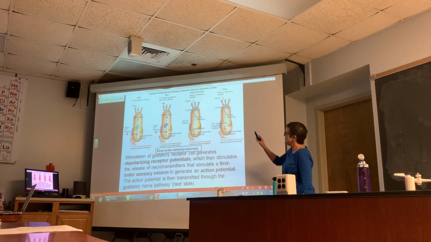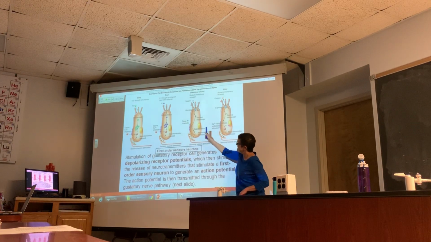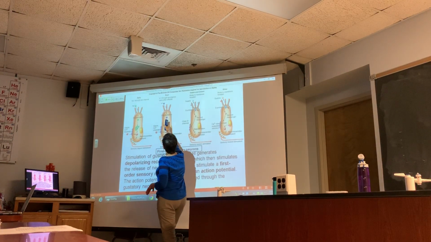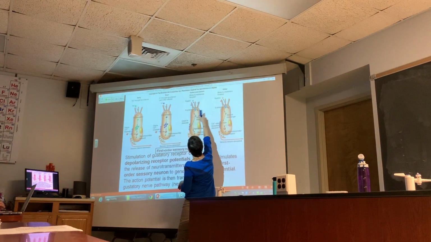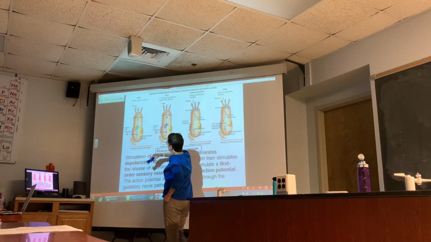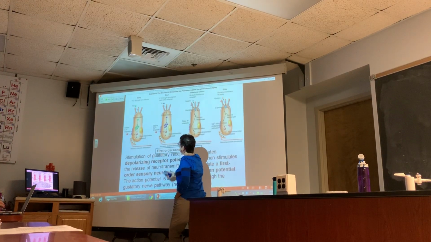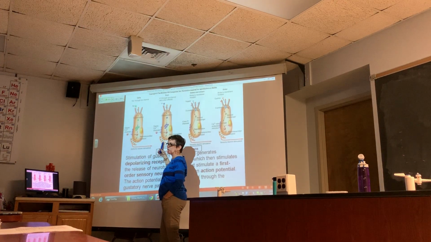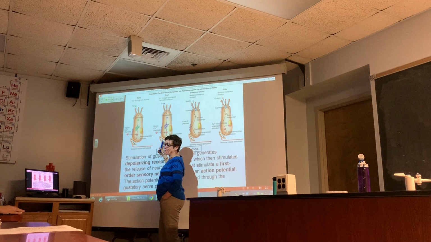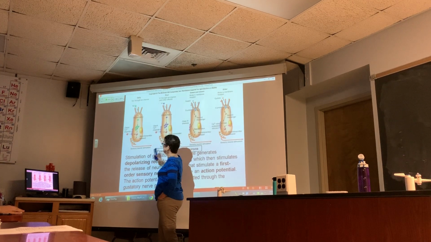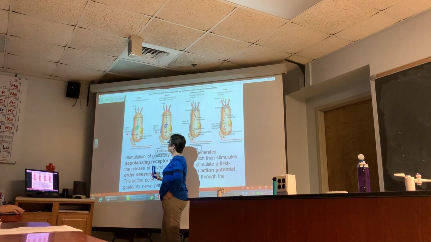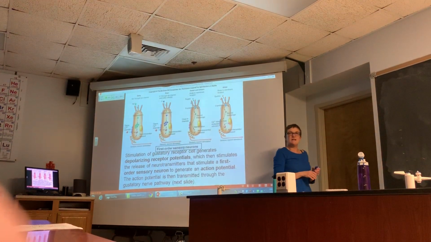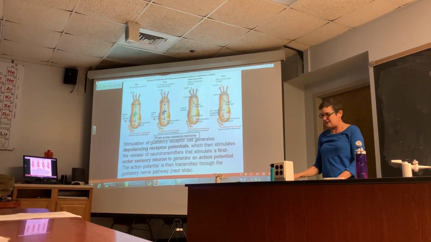And what this picture shows are different taste receptors that are stimulated by salty, sour, sweet, umami, and bitter. And there's different ways they are stimulated. They all release neurotransmitter that stimulates that sensory neuron, that first order sensory neuron that carries information to the brain. So on Tuesday, we'll talk about how they are stimulated, and we'll finish up with taste and get into the eyes, and we'll cover all the eye stuff on